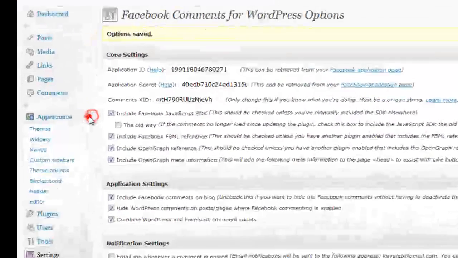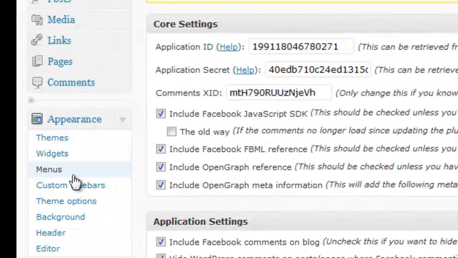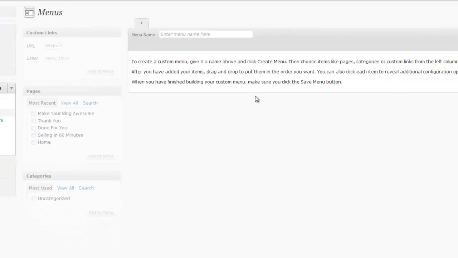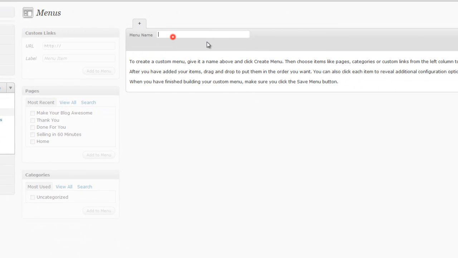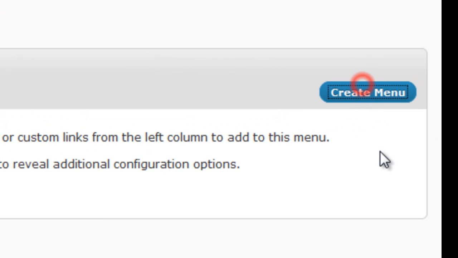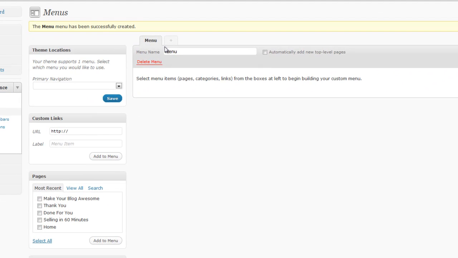So what we want to do is come over here to Appearance, and first of all, let's click on Menus. We are going to create a custom menu, and let's just call it Menu, I guess. Create Menu, and in this menu